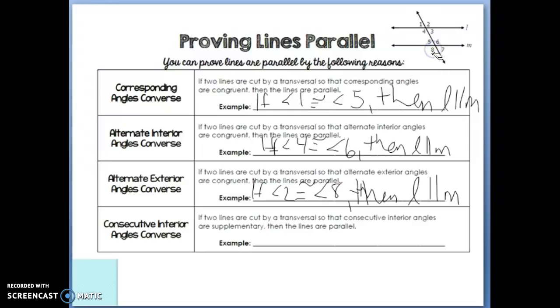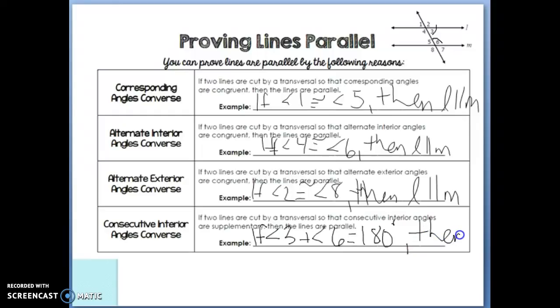And then lastly, using those same angle properties, consecutive interior angles. If two lines are cut by a transversal so that consecutive interior angles are supplementary, so they add to equal 180 degrees, then the lines are parallel. So this one's a little different. It says that if angle 3, that consecutive interior angle to angle 6, if angle 3 plus angle 6 equals 180 degrees,